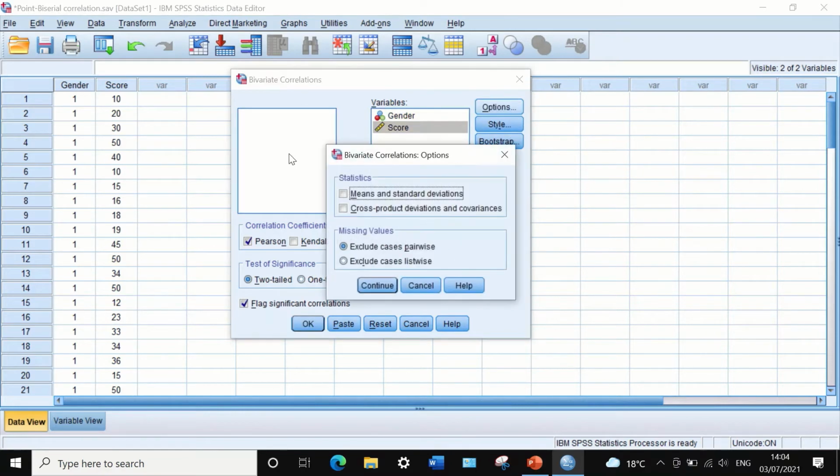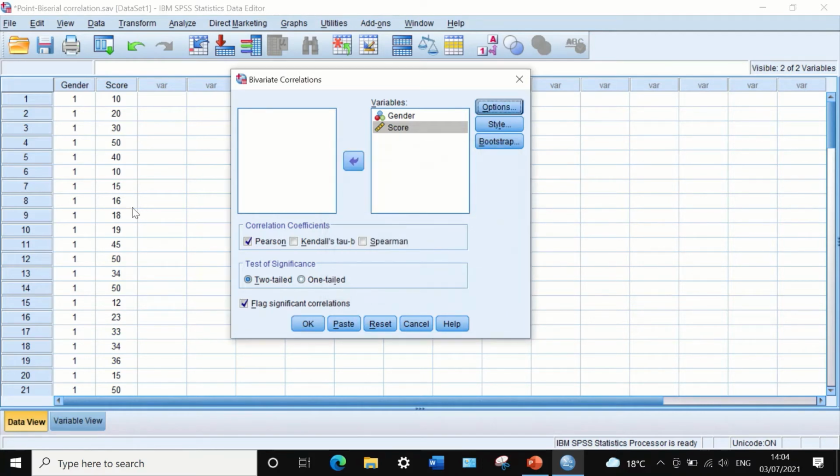In the options, I'm going to also tick the statistics for means and standard deviation. Click on Continue, and I make sure that the correlation coefficient we use is the Pearson for this data. And I will stick with the two-tailed test of significance to get a p-value. And if I click on OK,